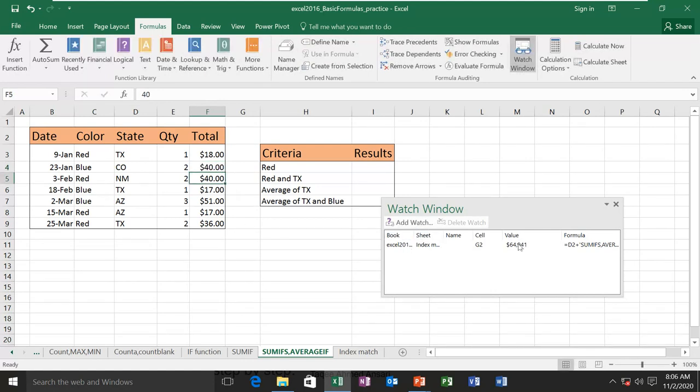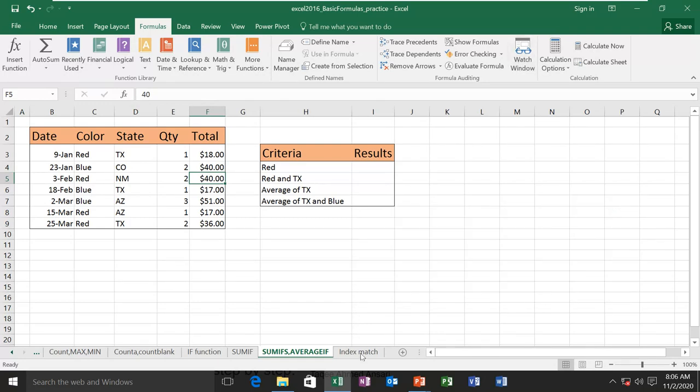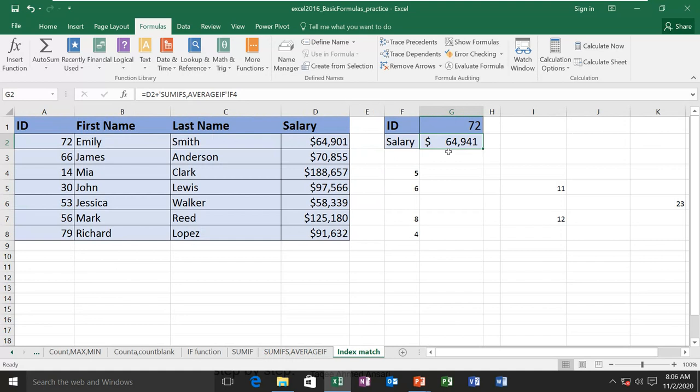So that is what the watch window is for. You will keep seeing the cell and its details in that window while you are working on some other sheet on some other cells which are related to this cell. So this is what the formula editing group has.